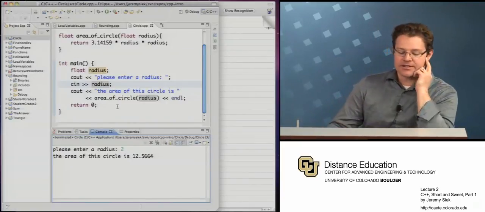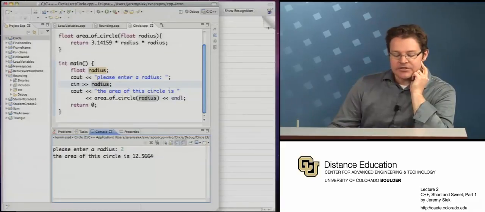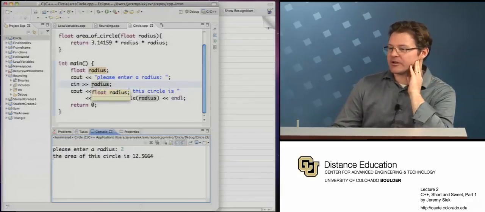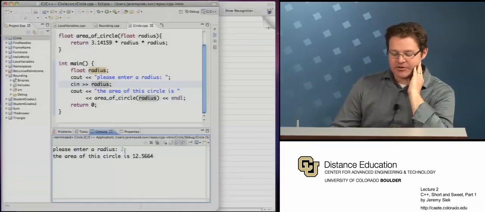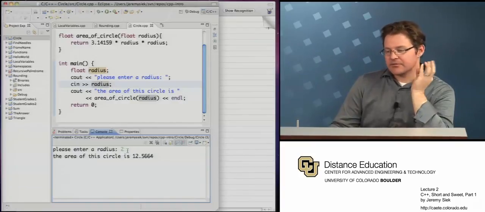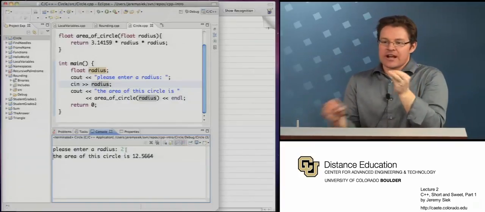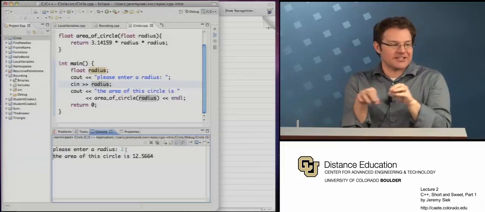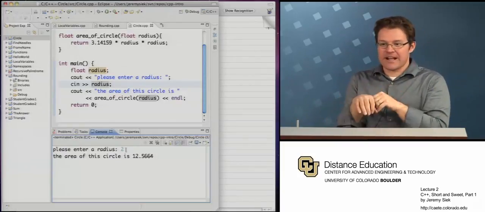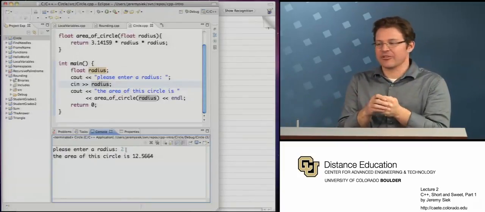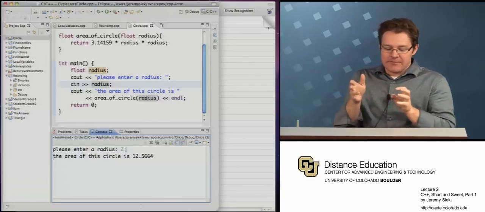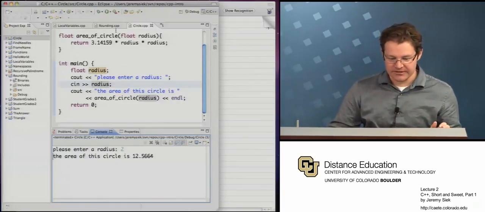One thing to notice is that there's actually some smarts going on here. The input stream knows that we're asking for a floating point number. So I typed in 2, but as I'm typing from the keyboard, that's a character, not a floating point number, right? And if I had typed in, let's do a slightly different one,